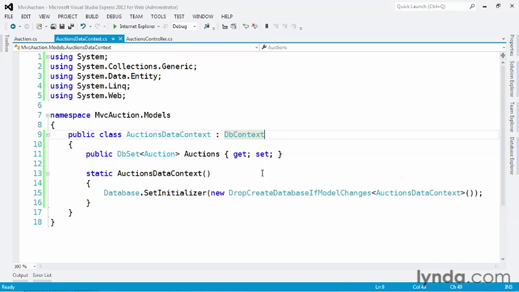It's very important to realize that dropping and recreating the database means that any data that's in the database will be lost. So you're not going to want to use these initializers in a production environment. To support a production environment release, you're going to want to switch to the Entity Framework Code First Migrations option that I mentioned earlier. Database initializers, however, are a great option for enabling rapid prototyping in the early phases of